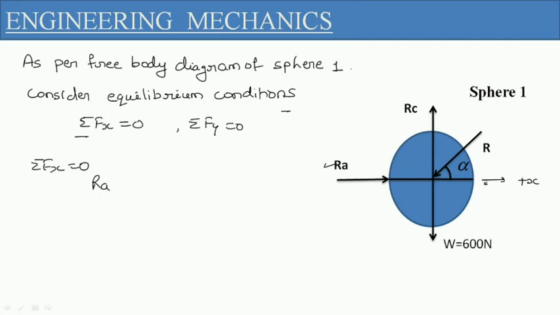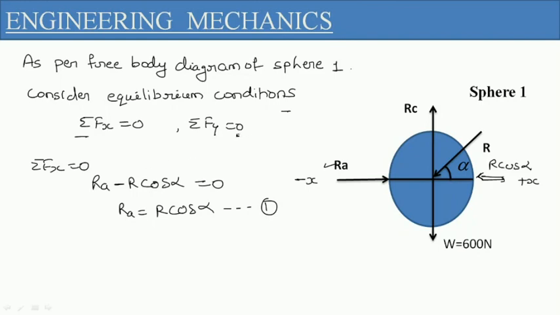So here this R is acting in inclined direction at an angle alpha with a horizontal surface. So this R we will define in this direction, and this would be R cos alpha. But it is in negative x direction. Direction is opposite to positive x. So at this direction, the direction will define by minus x. So it will be Ra minus R cos alpha, and that is equals to 0. So we will solve this term as Ra equals to R cos alpha. So this equation we will consider as equation number 1.